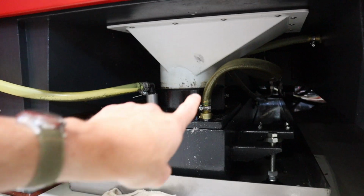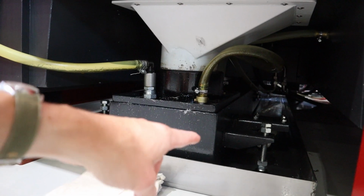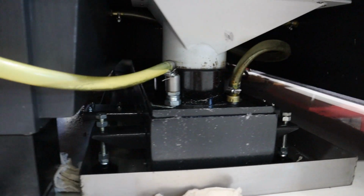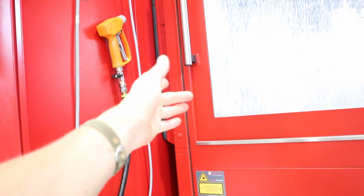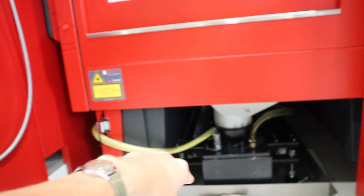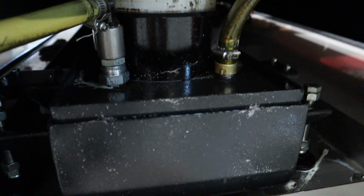So, the way the KERN does it is all the coolant goes down through the V into the trough into this coolant tank. Now it's also a chip conveyor, so it's a tank conveyor, and it goes all the way back, probably almost 20 feet. And it's got these two drain hoses that filter from the door that goes to the pallet changer. So any coolant that drips in there leaks down the hose and goes back into the tank. This has a similar story on that side, goes back in. Except what happens is,